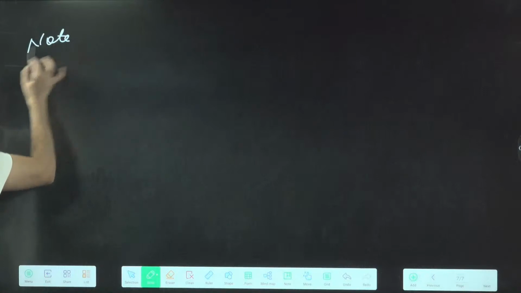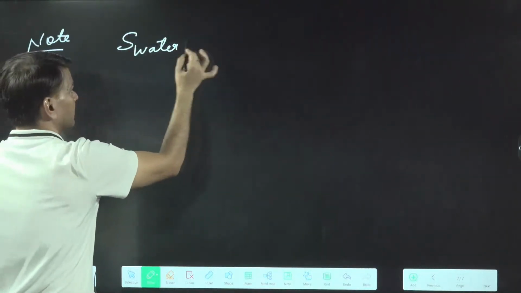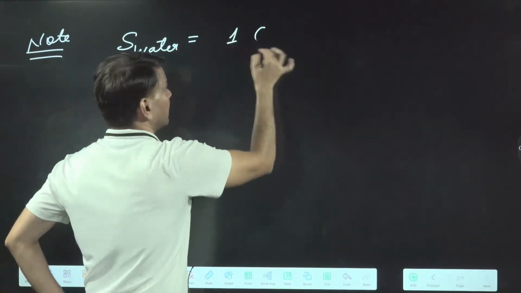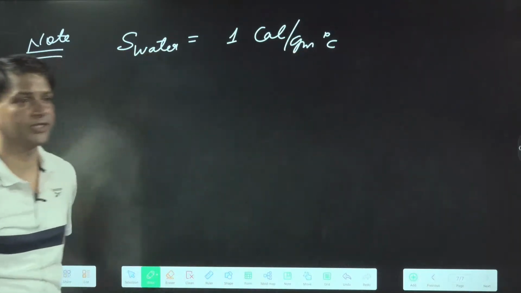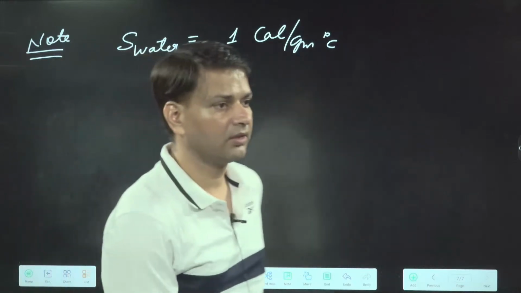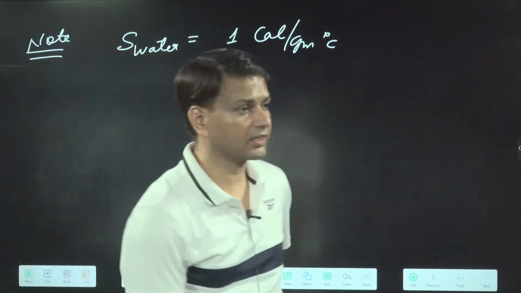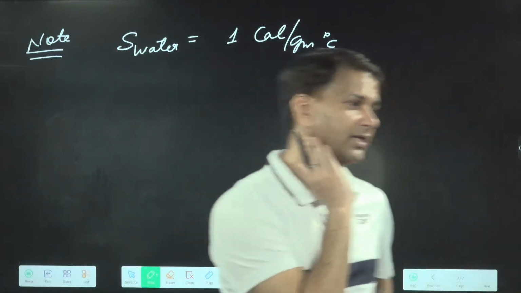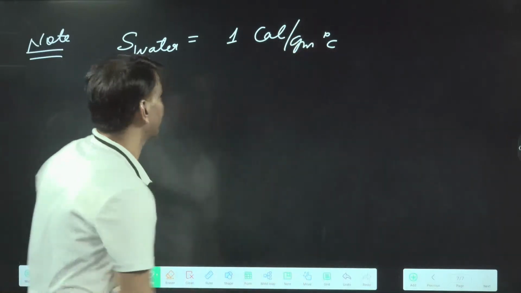Okay then. All these specific heats, you know, specific heat of water in the CGS unit is what? The unit is also important: 1 calorie per gram per degree C. Specific heat of water, 1 calorie per gram per degree C. But in MKS, suppose they have given the heat exchange in joules and mass in kg, meaning we are following MKS. So this we cannot use. So in MKS we'll use